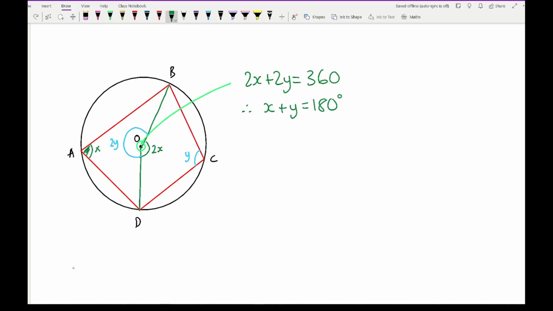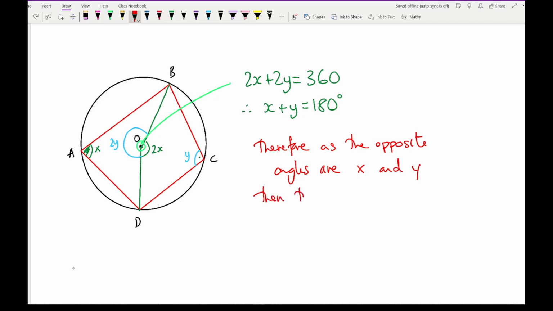Well, this is x and this is y. So therefore, as the opposite angles are x and y, then the two must add up to equal